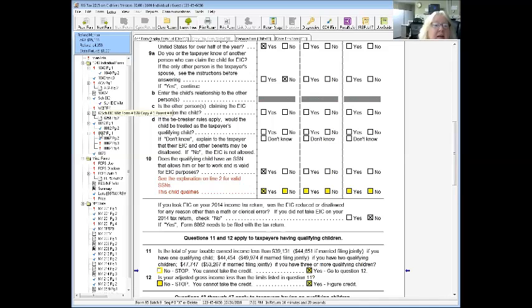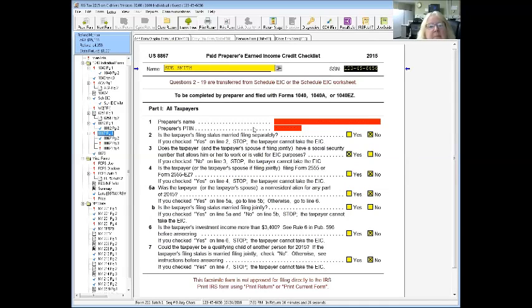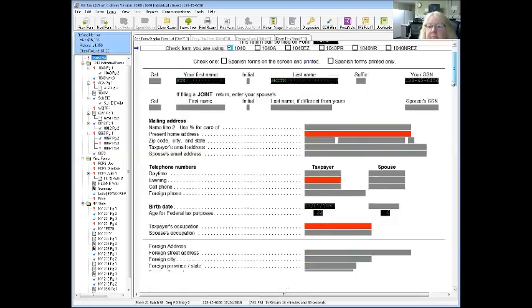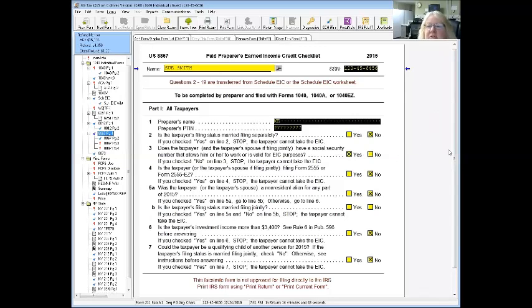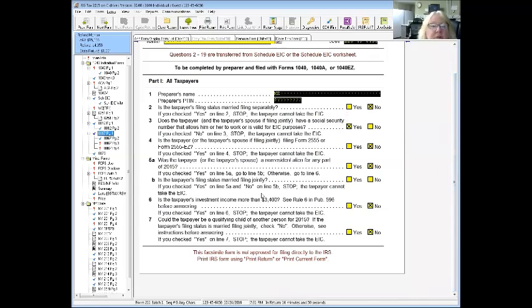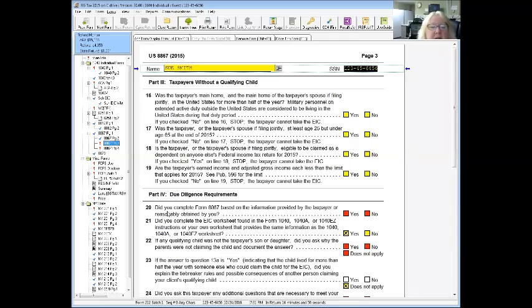Okay, then here's another, 8867, 4 pages of them. This will all fill in automatically for you. Let me do that right now. Okay, I just took 2 pages of them off by filling in my information. These automatically will populate over for you. So you're going to go to the questions where the red exclamation is. Did you complete this form, this 8867, that's this form.